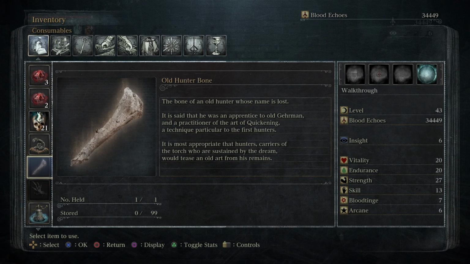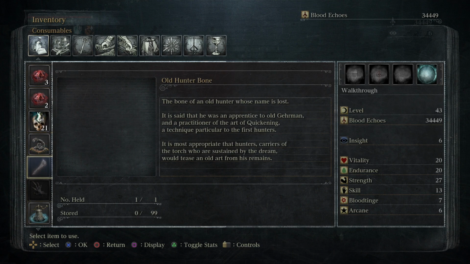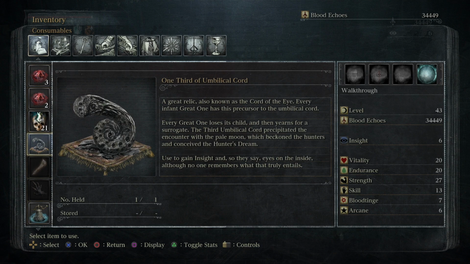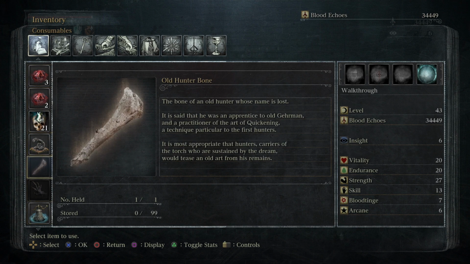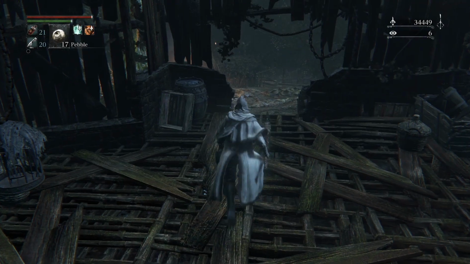Kind of like the old hunter bone, it's unique, and you have to have certain circumstances to use it. We probably won't go through that necessarily in the guide. That's more of a specific item case and a rare use case scenario. Might make separate videos on things like this altogether. All right. So